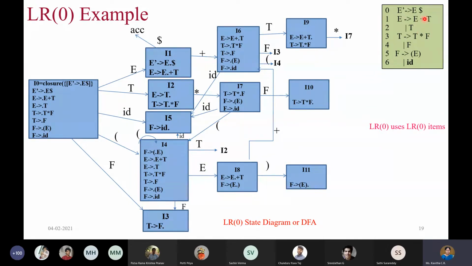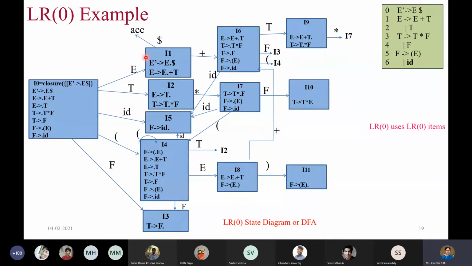See, for E gives E plus T, I have somewhere here. Okay, for T gives T star F, I have here. For F gives open parenthesis E close parenthesis, I have dot in the rightmost position in I11. Similarly, for F gives ID, I have here in I5. Like this, for all the rules, if you notice, definitely the processing is complete, and therefore the dot operator is appearing in the rightmost position.